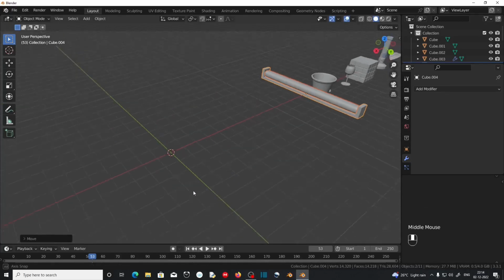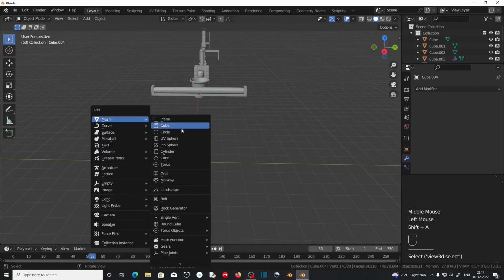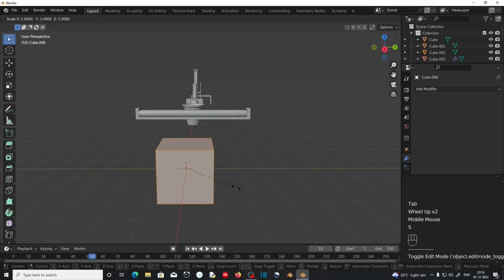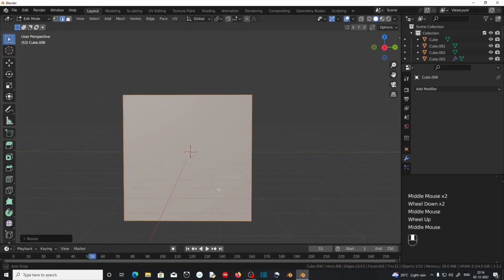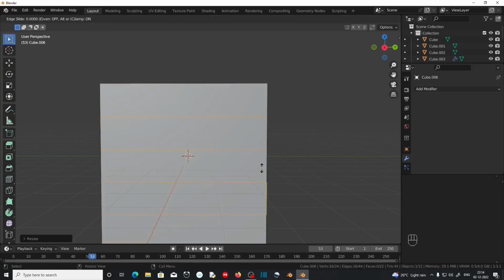Now we're going to make a pyramid for our last section. So shift plus A, mesh, cube, go to edit mode using tab, S to scale, 3 to scale 3 times, press enter. Now we need to place loop cuts in this. So Ctrl plus R, going to place 4 loop cuts, left click, right click to cancel any movement, select these